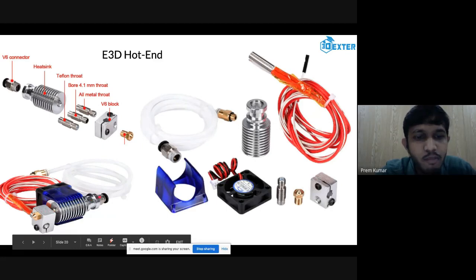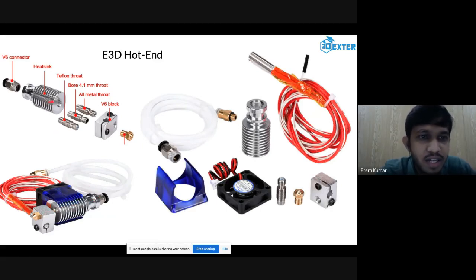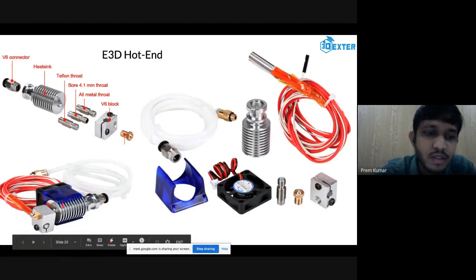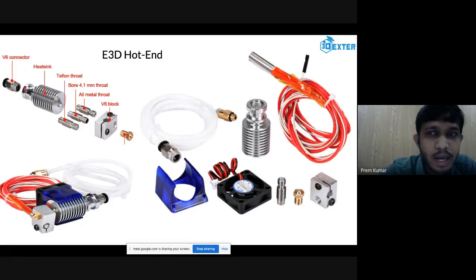In the hot end, we have multiple regions here. This one is the heat sink. Heat sink, by name, means the part which is used to cool the other parts, like these parts. These parts are connected to this heat sink. And here we have one fan. On the heat sink, this fan will be blowing air so that it will lose some heat. This is a pneumatic connector which is used to connect a pipe, I mean a filament guiding pipe. Through the pipe, the filament enters into the heat sink, and after the heat sink, there will be the throat.